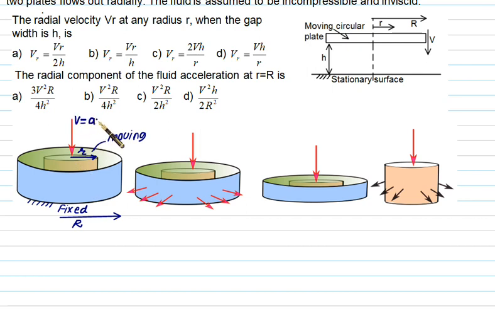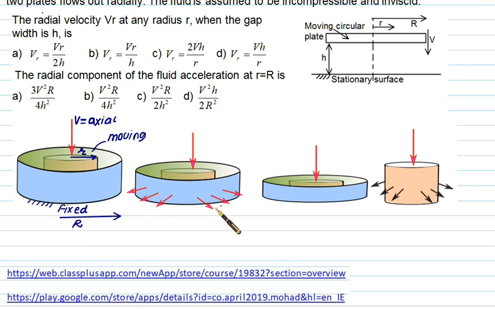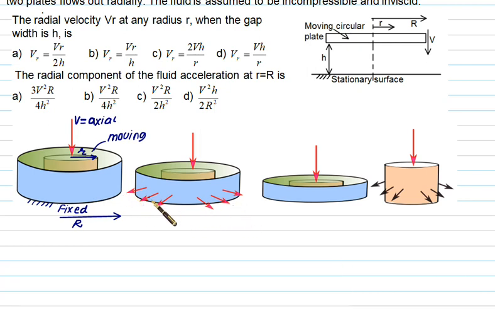This velocity is the axial velocity, perpendicular to the cross section, which is the circular cross section. Because of this, the flow will be radially outward. So this one is the radial velocity through the circumferential area. That can be shown here in the last figure for the small radius equal to r.